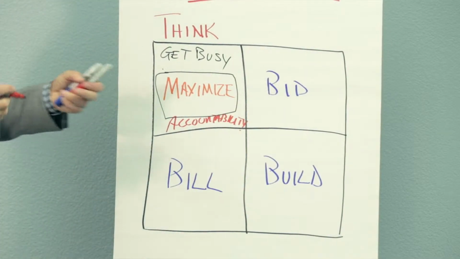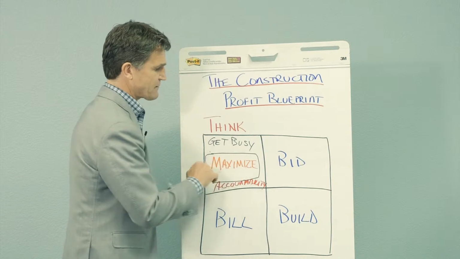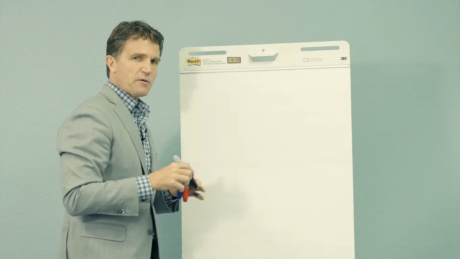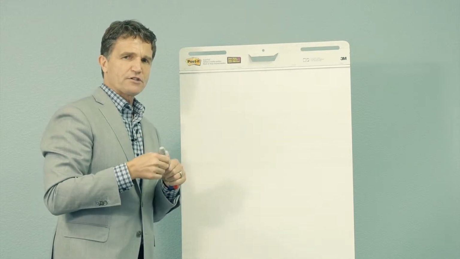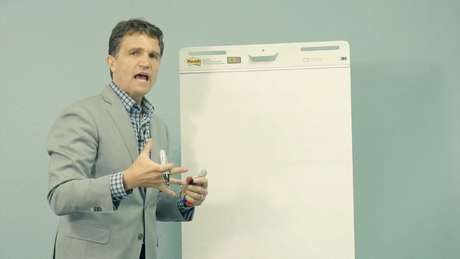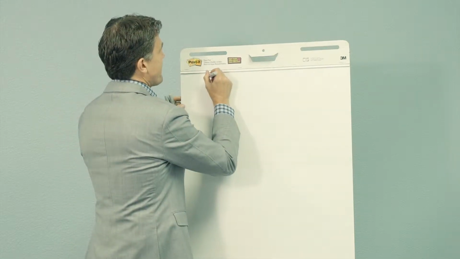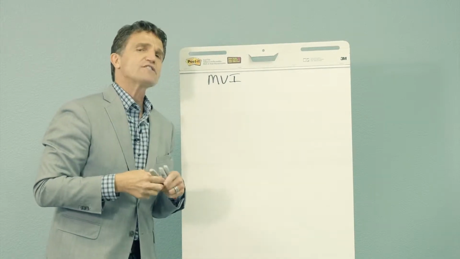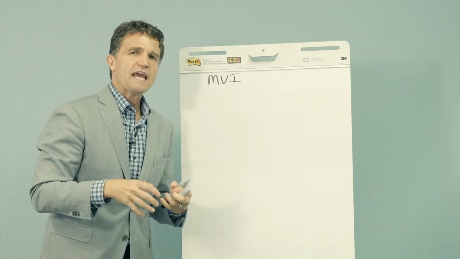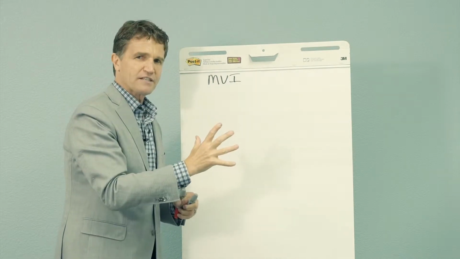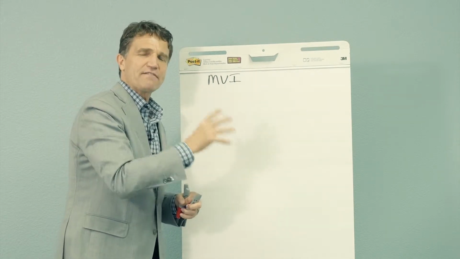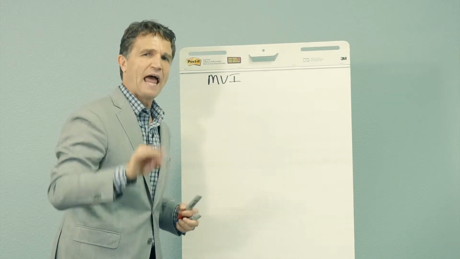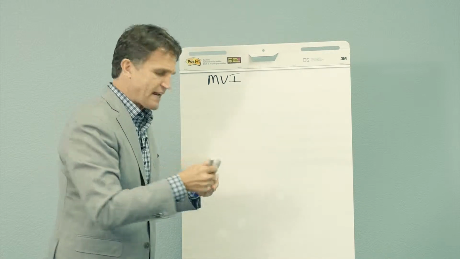Let me explain a little bit more about how you can maximize your profit opportunities. Think back to the last video where we were talking about analyzing those profit opportunities. After you've had a discussion about a particular area, you've identified the MVI, or the most valuable idea. A process that I've taught my clients for many, many years is how to build action plans based upon the ideas they've come up with in order to maximize their profitability. Now, an effective action plan has three parts to it. Let me break that down for you.